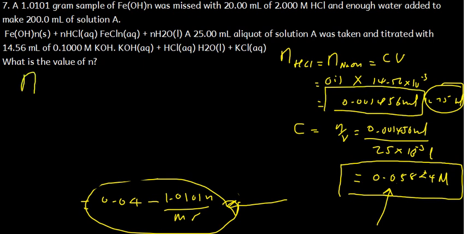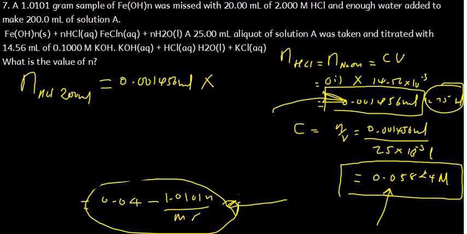So to find the number of moles of this hydrochloric acid in 200 milliliters, what we'll do is we're going to get the number of moles of hydrochloric acid in 25 milliliters. That is 0.001456 moles. Now we're going to multiply, since we only got this portion from the 200 milliliters. We're saying how many 25s are in 200. So now I want to determine how many moles are going to be present in 200 milliliters if in 25 milliliters we have got this number of moles. Okay, so that is going to give us now